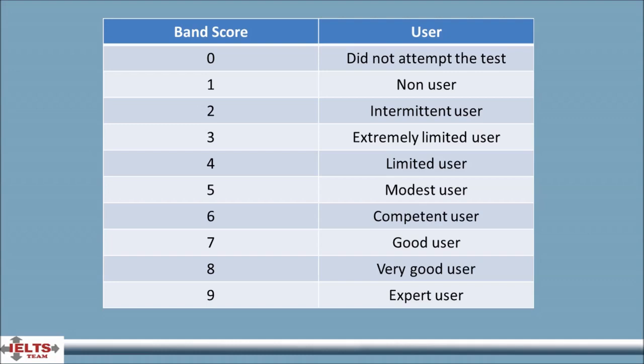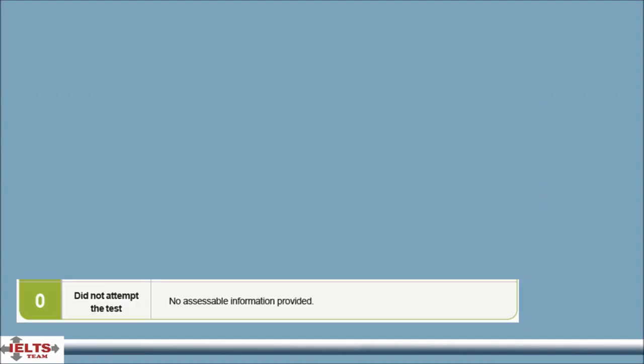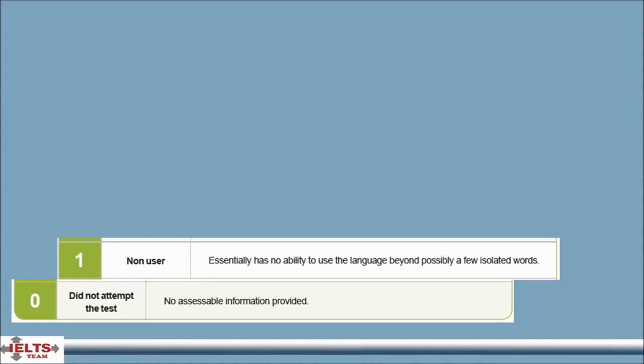on IELTS explanation. The lowest score is 0, but in the real world, candidates do not get 0 unless they don't attend the test. So, if you only attend the test and don't do anything else, you at least get 1. None is for non-users, which means the candidate essentially has no ability whatsoever to use the language beyond possibly